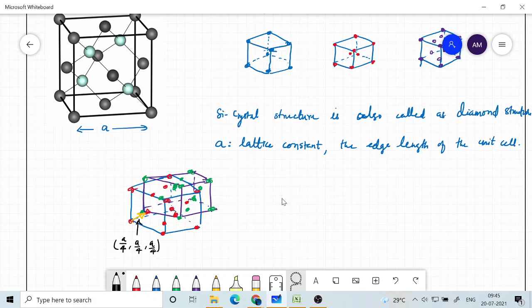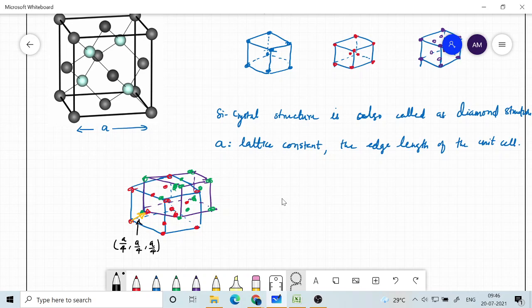So you imagine, and now if you look at the green atoms, the red atoms are belonging to the blue lattice, and the green atoms are belonging to another FCC lattice which I have drawn with purple color. Now the green atoms which are inside the first FCC lattice, that is the blue lattice, are only 4. Only 4 of them will be getting inside.